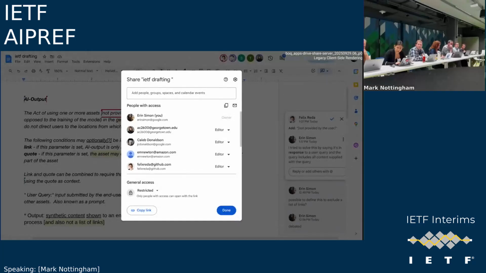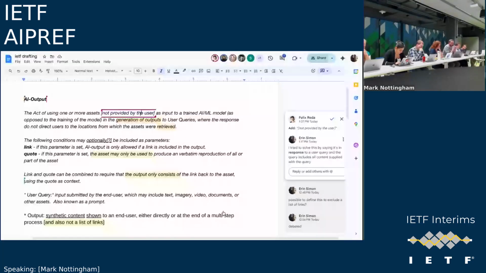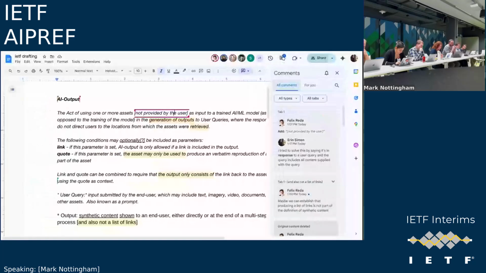We also have a training category separate from AI. This is not a replacement for the training or for the generative AI training category. This is an attempt to present an additional category that operates when the assets are provided as input to trained AI models. If you want to influence the training stage, if you want to say it's okay to include the asset in the training process, that is the other component.